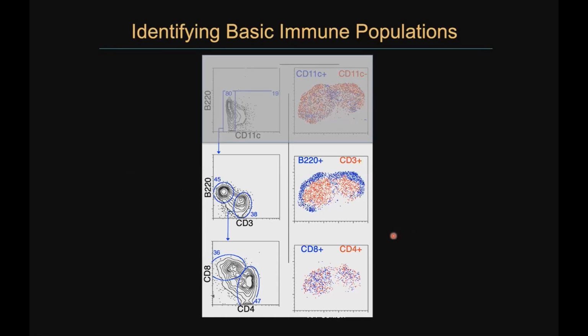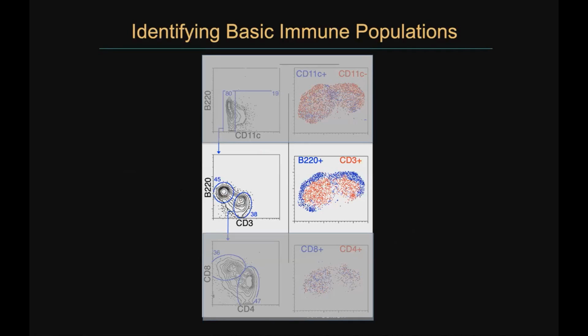And so just as a quick illustration of how this works, if we just look in the middle here, we can gate around these B220 stained cells and call them B cells and make them blue. Gate around the CD3 positive cells, call them T cells and make them red. And FlowJo gives you a nice sagittal section of a mouse lymph node with peripheral B cell follicles and central